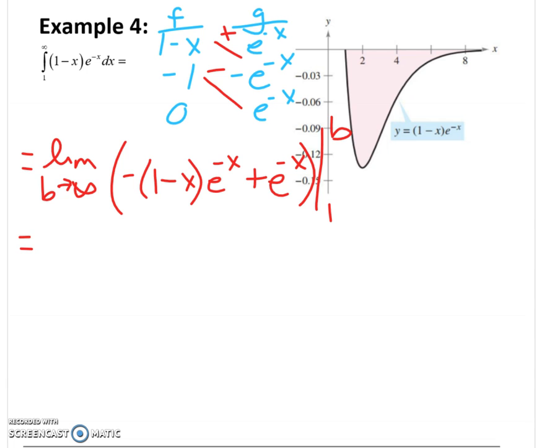So that would be the limit as b goes to infinity